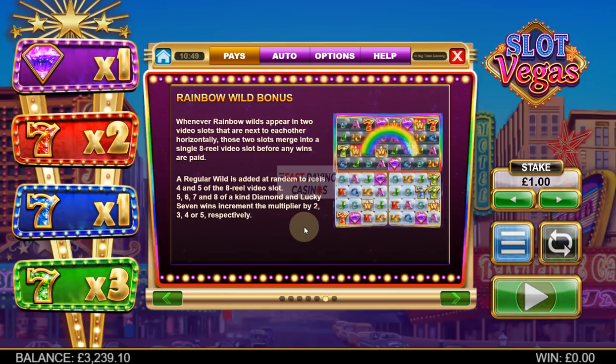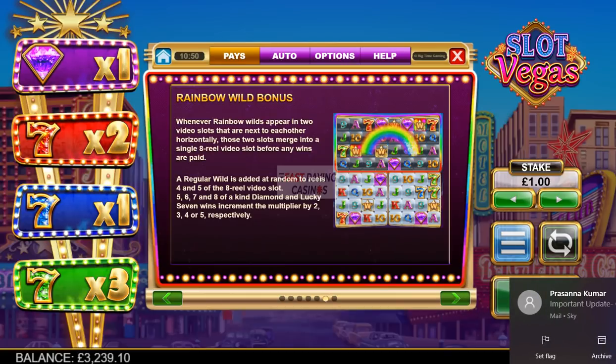Hence you get the 8 of a kind and 7 of a kind and 6 of a kind pays. Should you get any of your 4 coloured premium symbols of more than 4 of a kind, for example, you get 5, 6, 7 or 8 of those, the multiplier will go up by 2 for 5, 3 for 6, 4 for 7 and 5 for 8 for that symbol, if you've got 8 of a kind. So